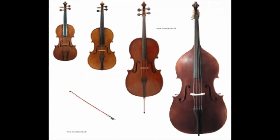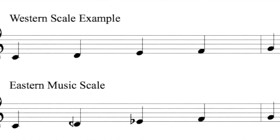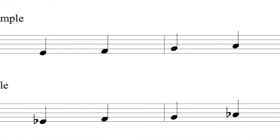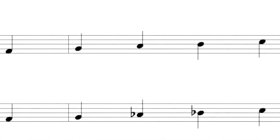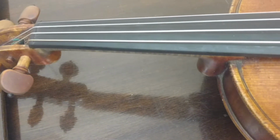All four instruments listed above have a fingerboard with no frets, which means that any note or tone from a Western or Eastern music scale can be played. This is not possible on instruments that are common in traditional music that have frets, such as the guitar, banjo, or mandolin. As you move down the strings on the instrument, the fingerboard and the strings have a greater distance